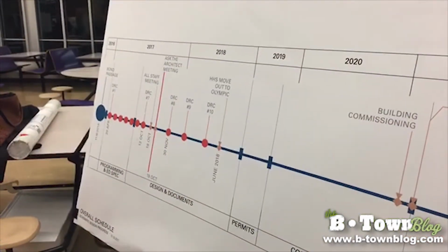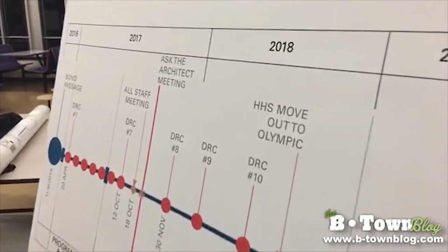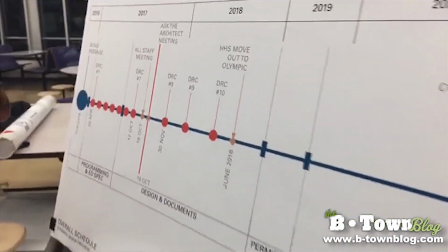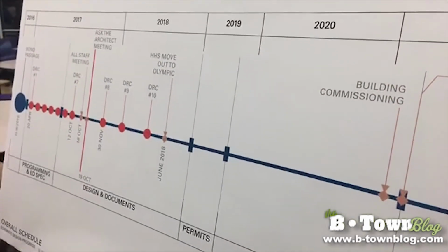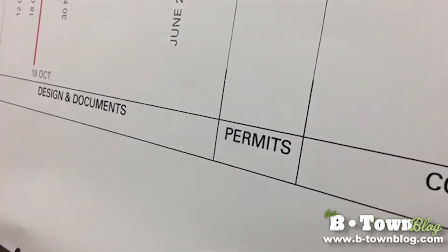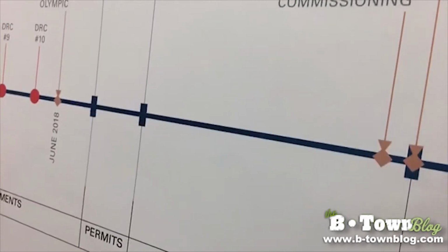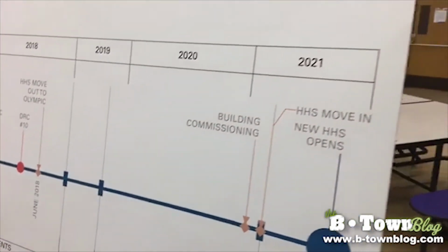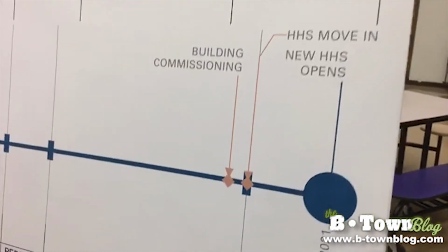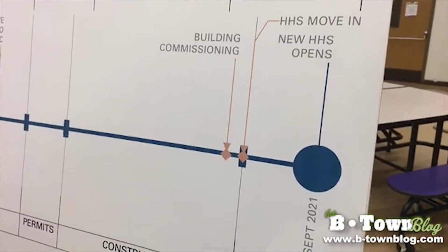So June, the end of this school year, is when they move to Olympic. The district has their own set of consultants as well. Yeah, I know they do. So they hired the traffic study guys. Looks like most of 2019 is permits. They've got some other ones like at some point. Construction starts in 2020. So all those things are kind of step by step. And then 2021 is the move in. It looks like it's the start of the 2021 school year, September